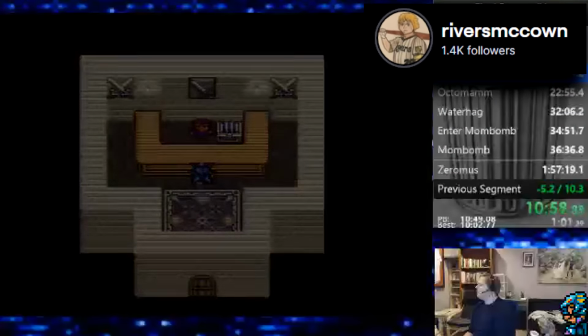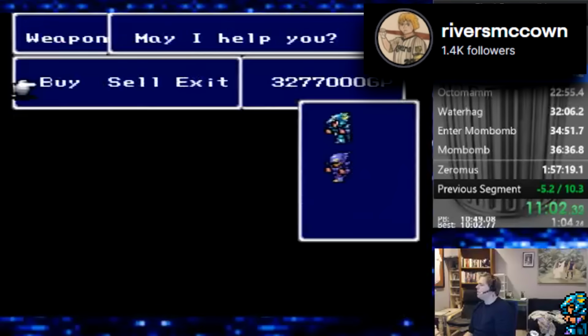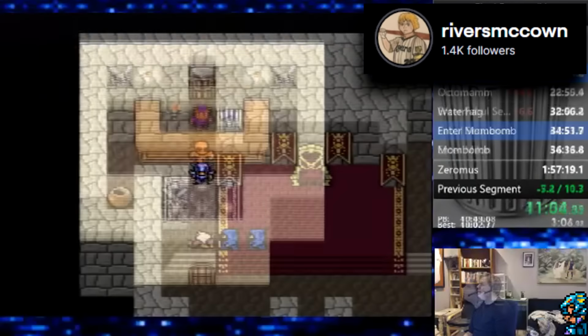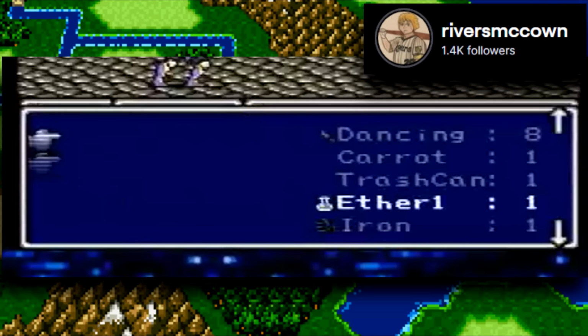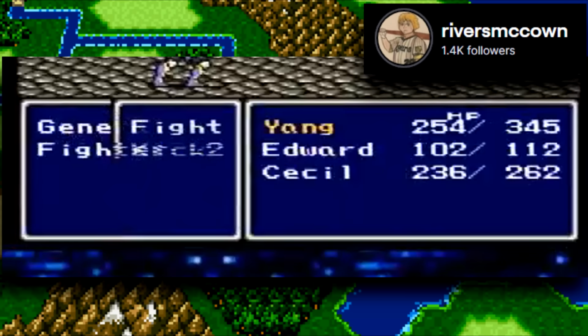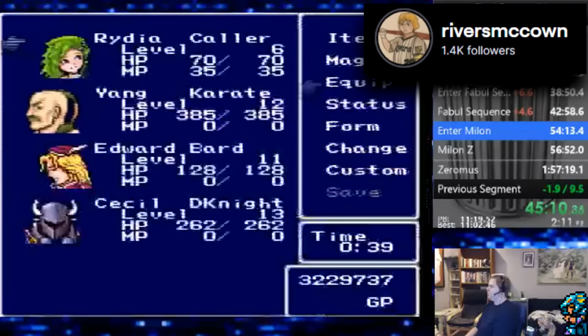Runners sell a stack of 65,535 shields for a whopping 3,276,800 GP, and buy 10 dancing daggers from the shop. Skipping forward to Fabul, after getting a couple more characters in the party, runners duplicate Yang's Fire Claws to get a stack of 65,535 during the Fabul Gauntlet, then do some equipping and unequipping to bring the stack down to a total of